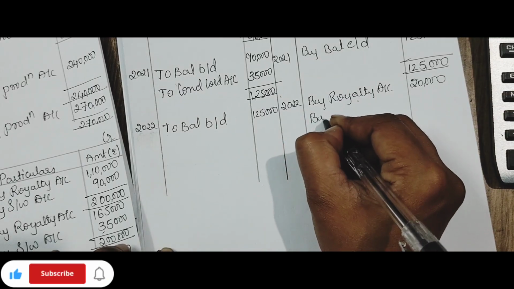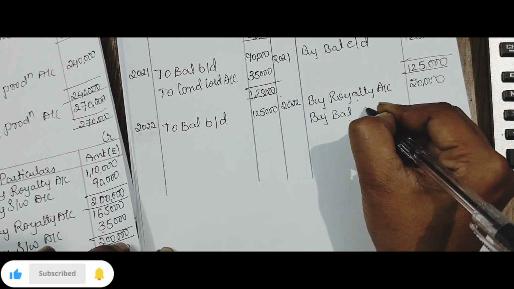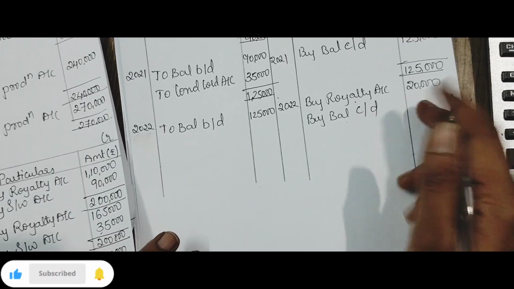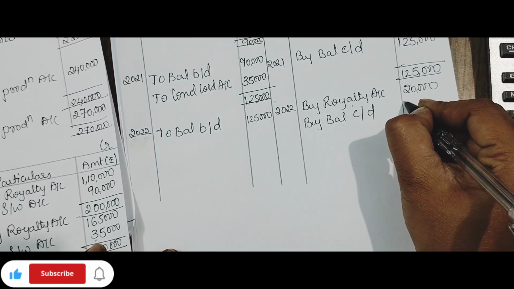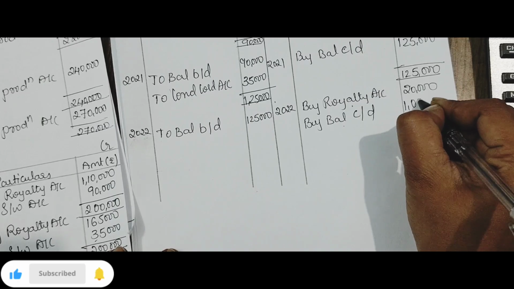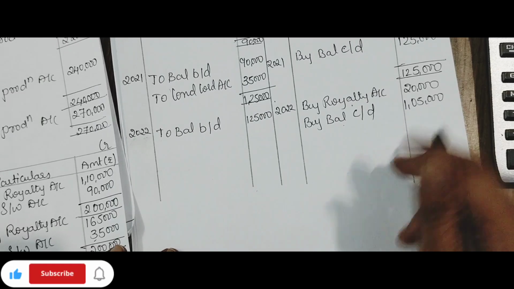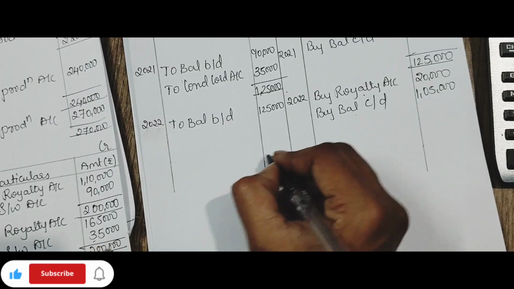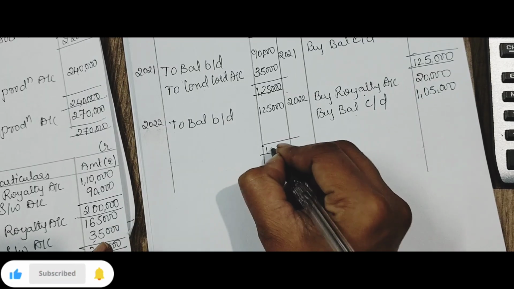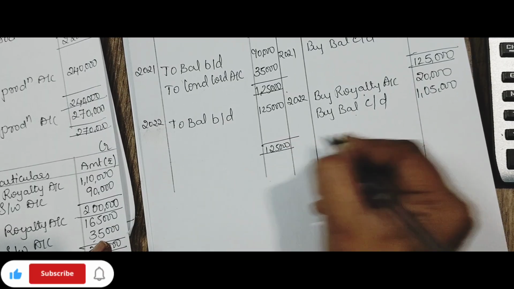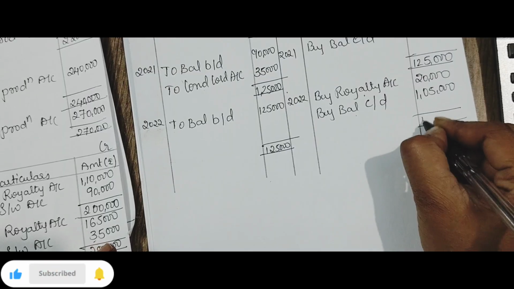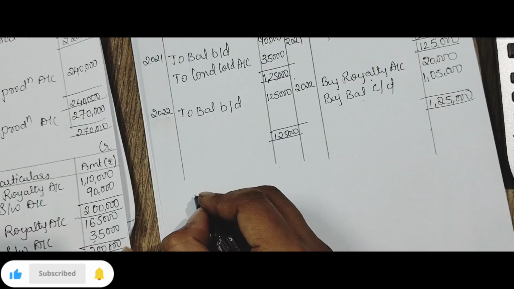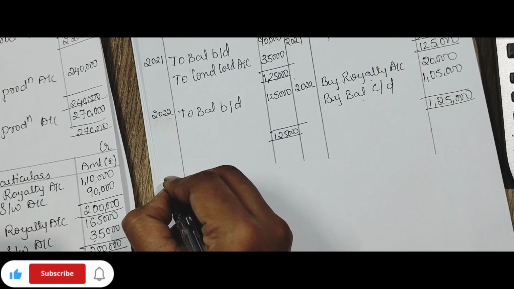Now, by balance carried down. 1,25,000 minus 20,000, what is the remaining balance? 1,05,000. Here you can see the beauty of this short working account. 1,25,000 at the end. I will show you how it tallies with your analytical table. 1,25,000. For the fourth year,